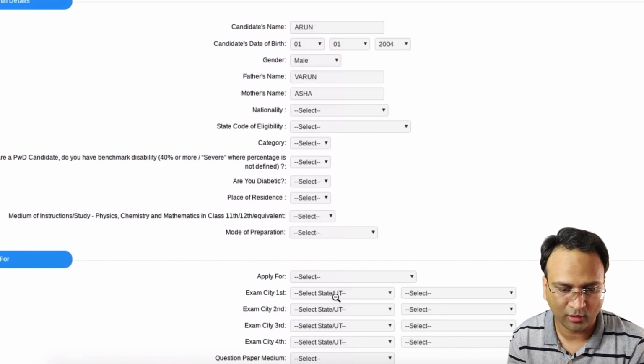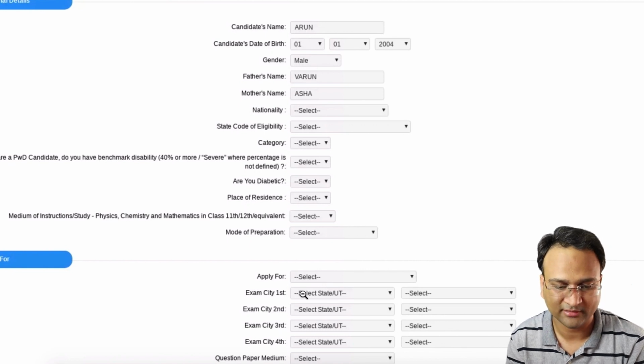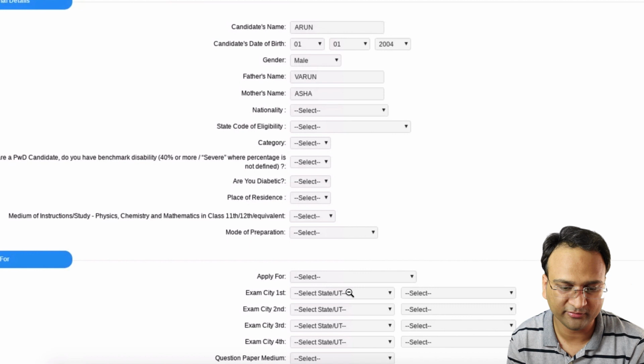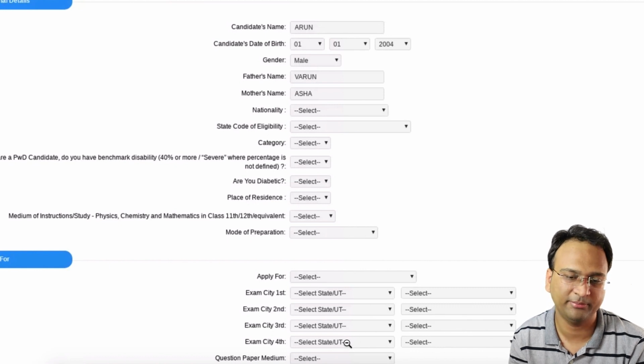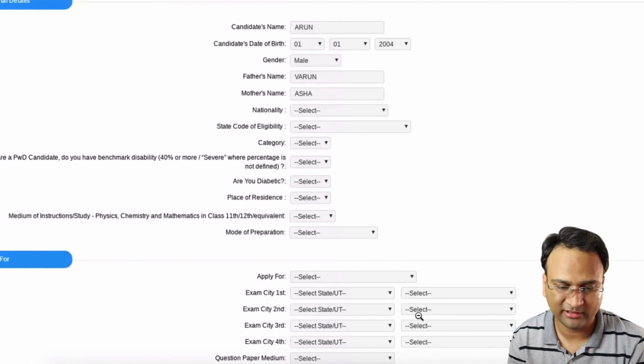For Indian students or those students who prefer to give the exam in India, you should select your preferred city number 1 here. You should select the state first of all and then the area here. Then select your second preferred city, then the area here. Similarly, the fourth preferred city and the area here. Why are they taking 4 options?